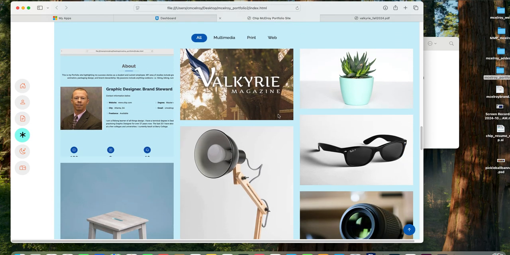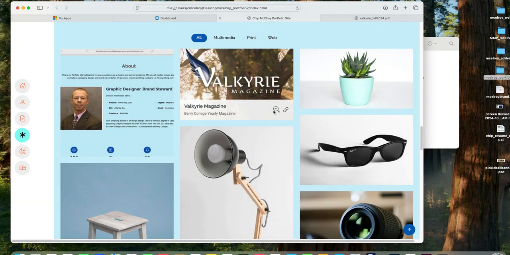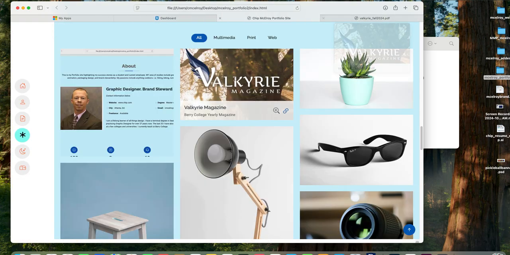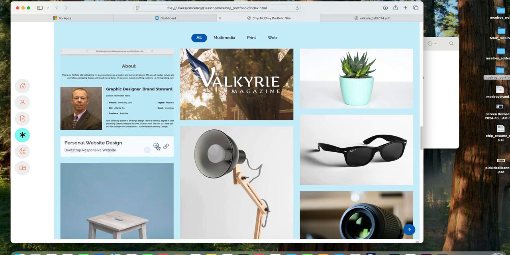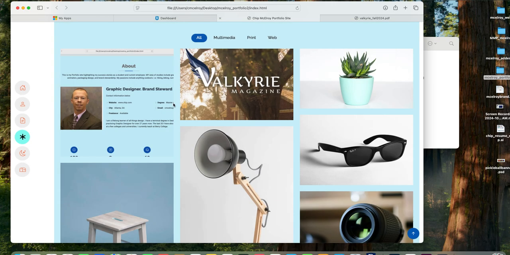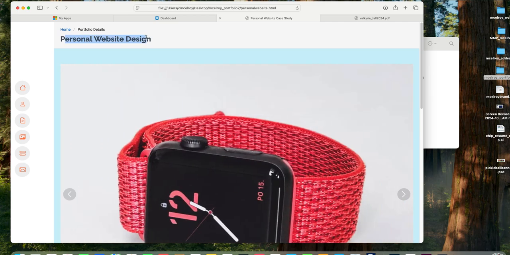So this is what should happen, right? If you click on the Valkyrie, you should get a blow-up of the image with Valkyrie Magazine. If you click on the link for Valkyrie, you should get a window that opens up that is the PDF. So that's the functionality we added to thumbnail number 2. But thumbnail number 1, if you click on the magnifying glass, says personal website design. If you click on the link, it should open up the newly created personal website design